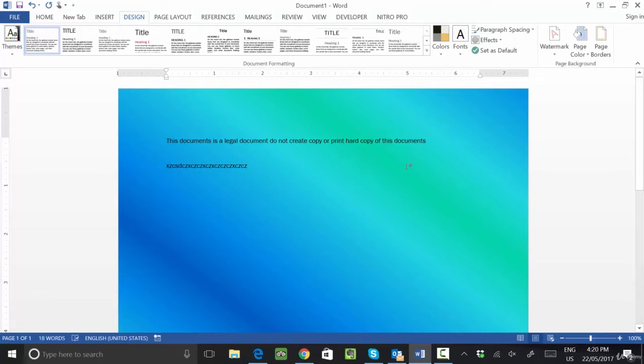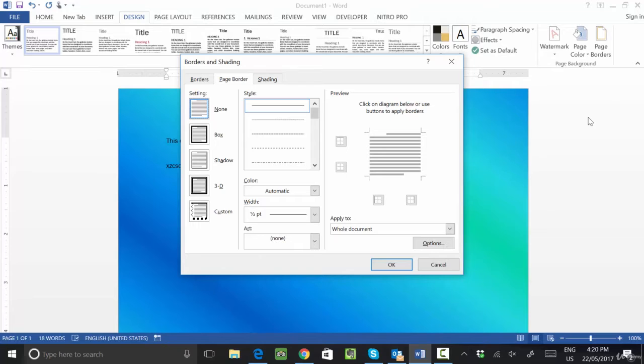As I mentioned previously, whenever you are using a border, there are two categories of border we have. One is called border, which we use on the text side to cover the corner of the text. One is page border. Another we have is shading. So let's see the example of a simple border. Suppose I want to create a border of the text. So select a border box, click on OK.